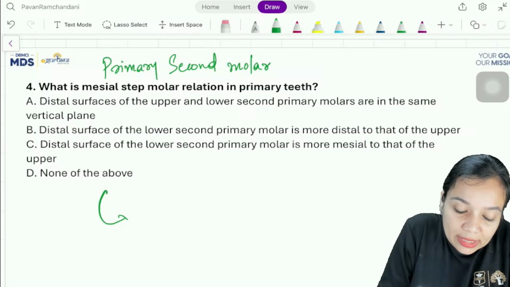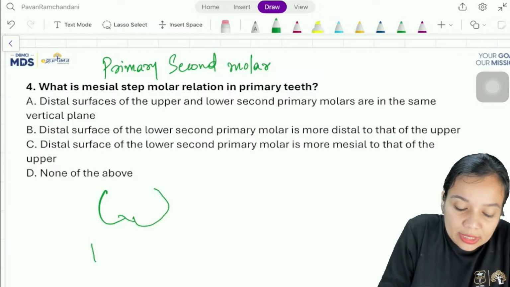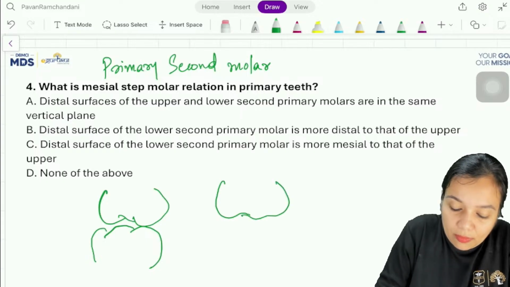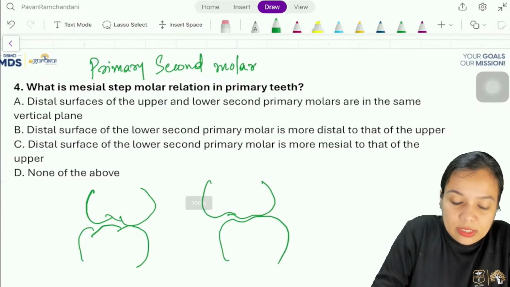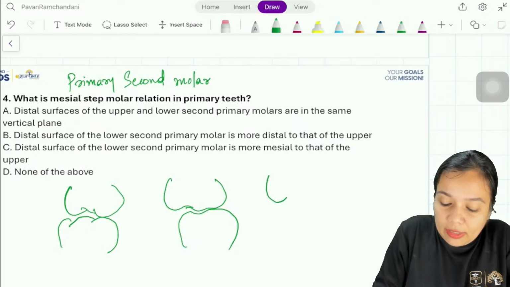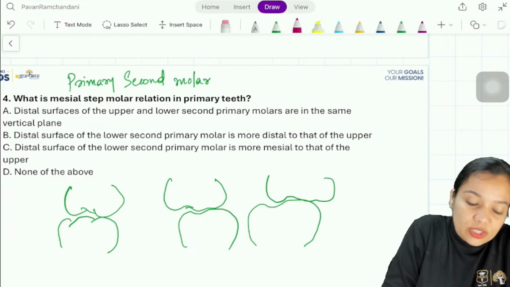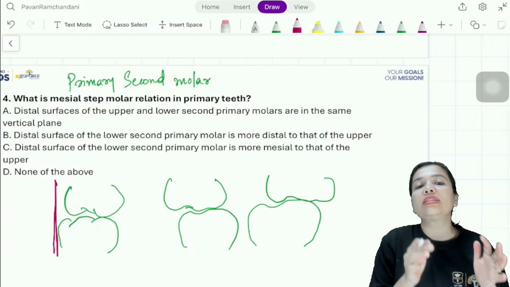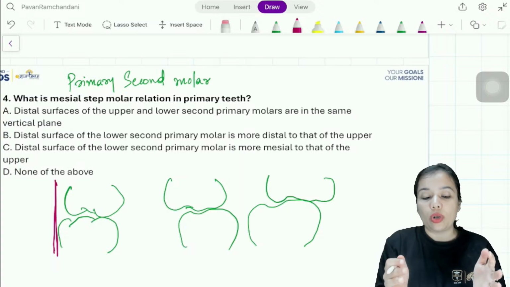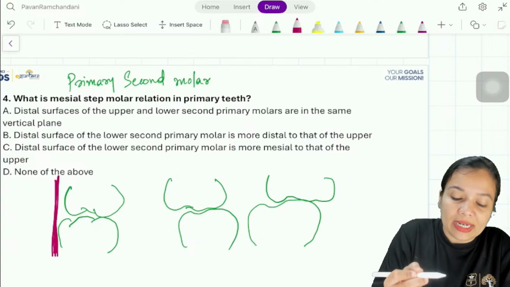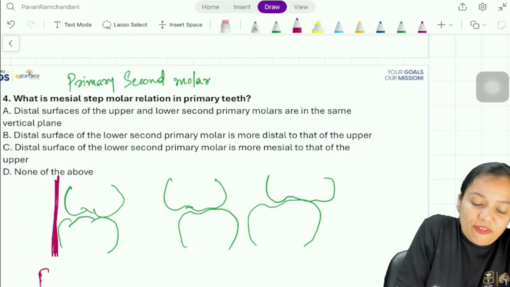Now there are 3 types of molar relations. So this is 1, this is 2, and then we have the third one like this. So the first one, as you all can see, forms whenever you track the distal surface of the second molars, you see a plane forming. So when the plane forming is a straight line,